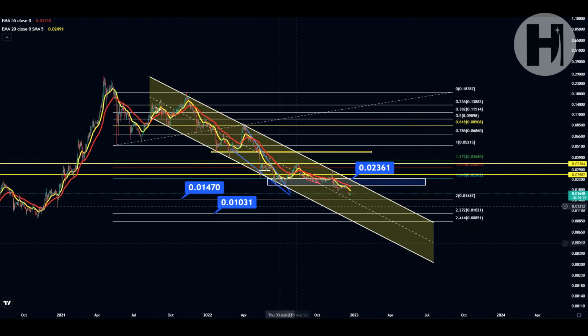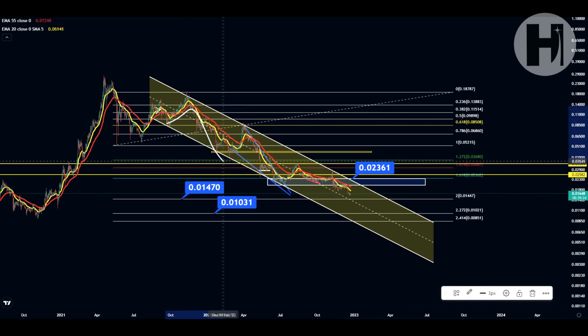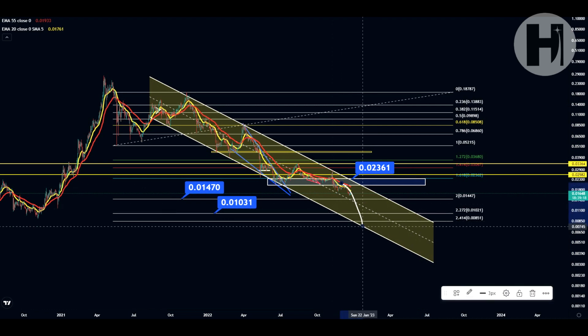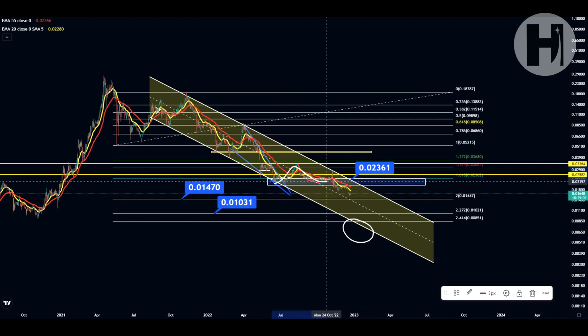Now, the good thing about this pattern is that typically 90% of the time you break to the upside out of a channel down pattern. So potentially, we could even go all the way back down to the support trend line of the channel pattern, which we have retested the last time back in June. Then we had a retracement all the way into the resistance trend line at the end of November. And since then, we've been retracing down.